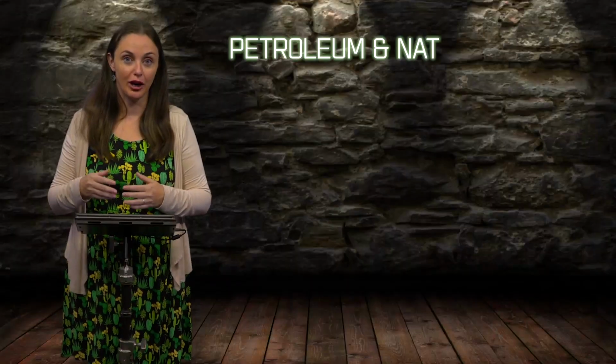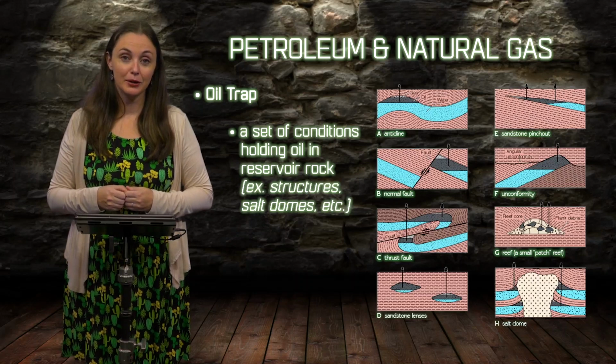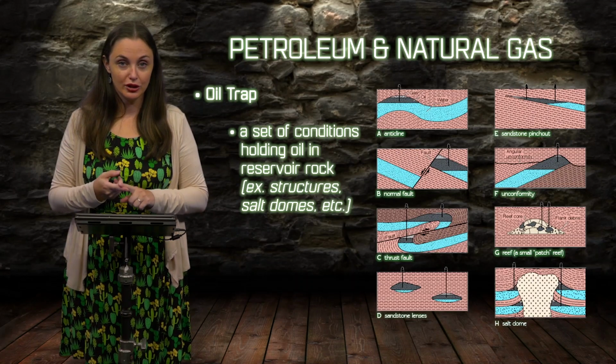So the last thing that's important in the process of creating and trapping oil underground is some set of natural conditions that keep the oil in place instead of allowing it to flow all the way up to the surface. And reservoir geologists are pretty straightforward, simple people. They call this an oil trap. It's the set of conditions that keep oil trapped underground. It's pretty straightforward. Now, these set of conditions can be anything but straightforward, but they range from structural conditions,